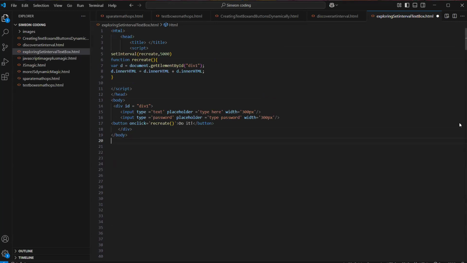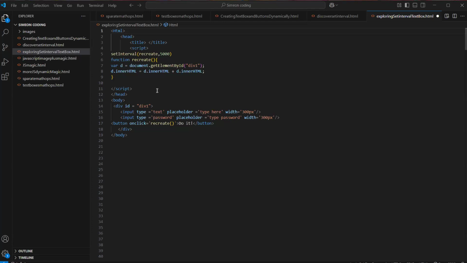Let's check on this system. I want us to do something that has to do with images and setInterval.